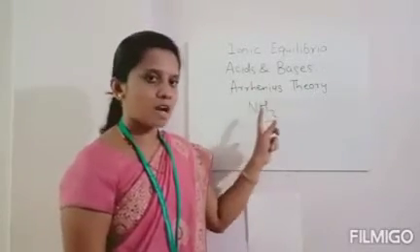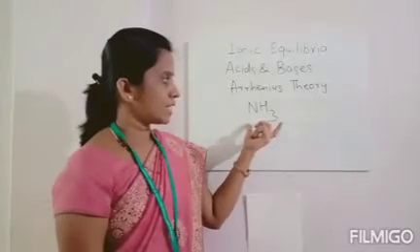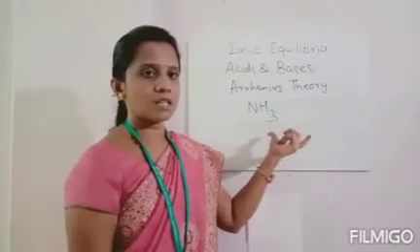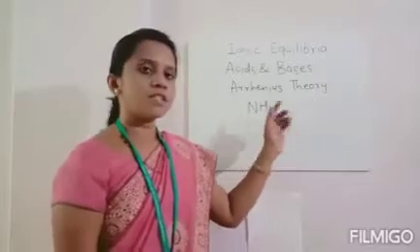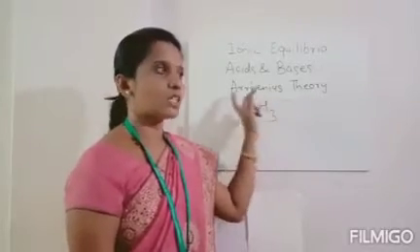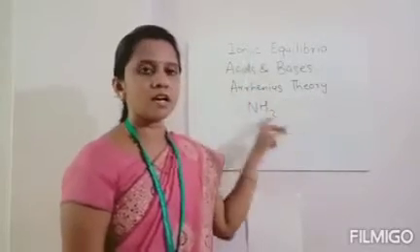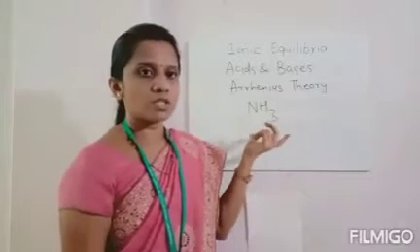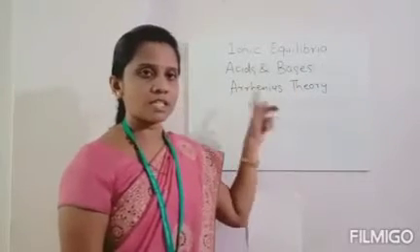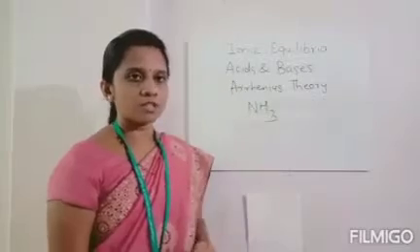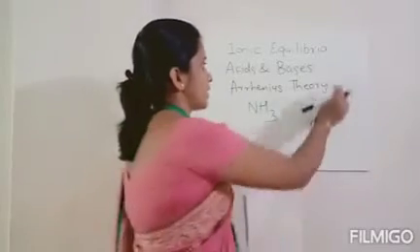Ammonia contains hydrogen, but the nature of ammonia is basic. Ammonia behaves as base. So what is the reason behind this is not explained in this Arrhenius theory. So this is the exception or limitation of this Arrhenius theory. So this is the first theory. Now the next theory is